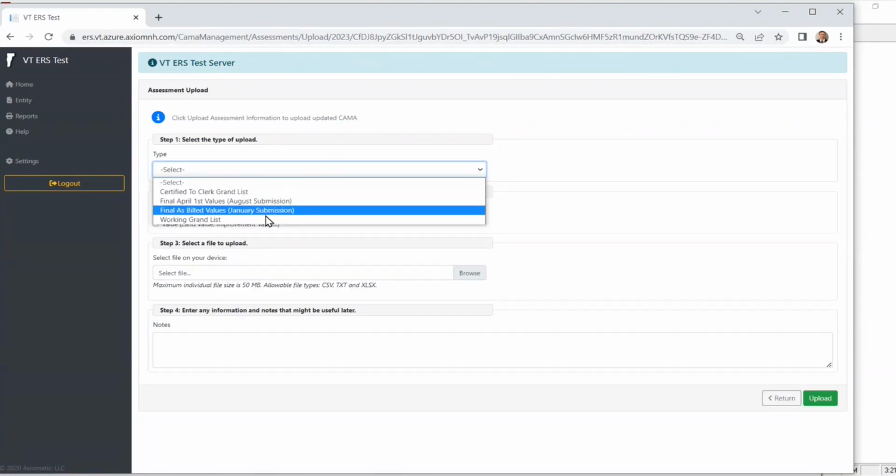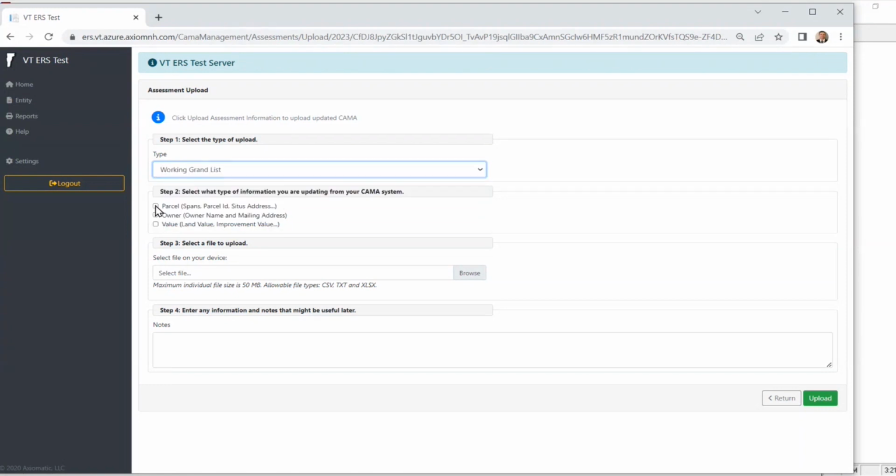What am I doing? I'm doing a working grand list. Check off what I'm importing, just like Patrick said. Select the file. And this is the kicker. Patrick and I have talked about this, and maybe we can streamline this a little bit more, but we'll